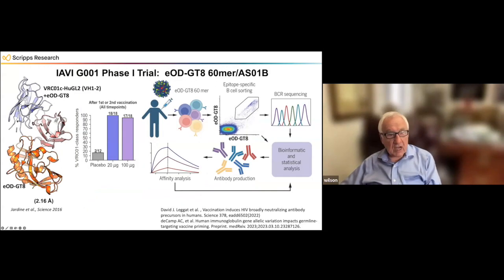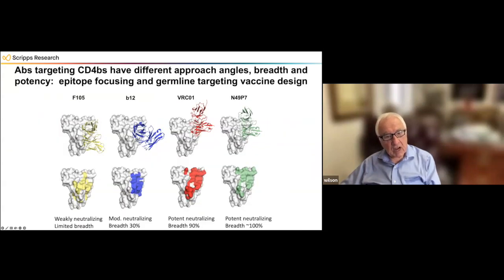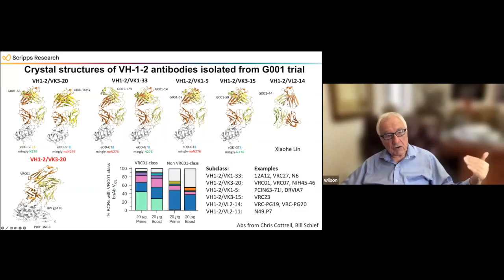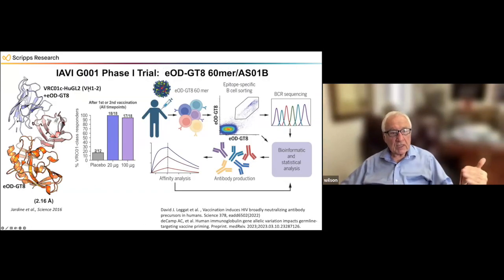Instead of having this big protein, he basically figured out how to make a smaller version of that the antibody would bind to. And so he made what we called an engineered outer domain. And this bound to these same antibodies. And these antibodies were all from one particular germline family. There are about 50 different heavy chains in our immune repertoire, and this is what was called VH1-2.